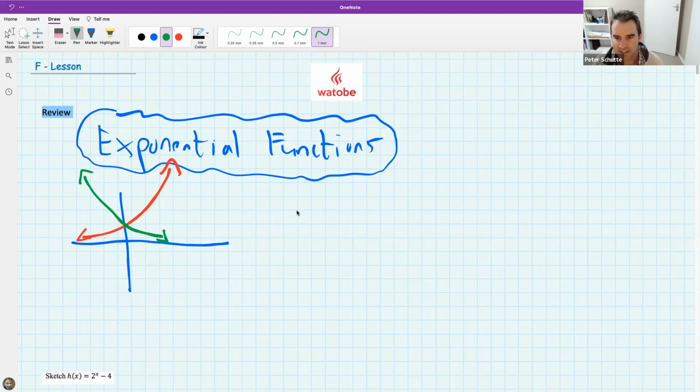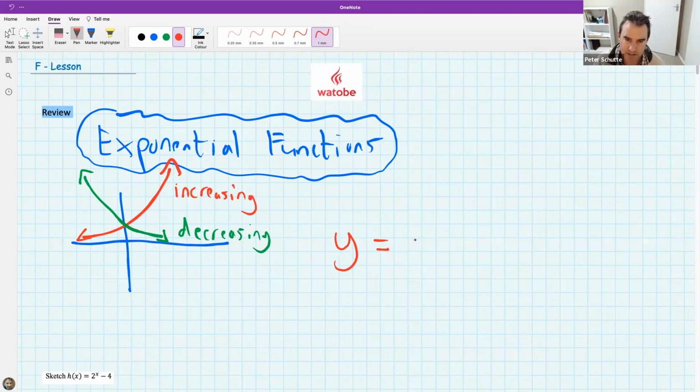Yes, so Annie says there are increasing and decreasing exponential functions. And so the green one is what we call a decreasing exponential function, and the red one is an increasing exponential function. So the simplest exponential function that we can get